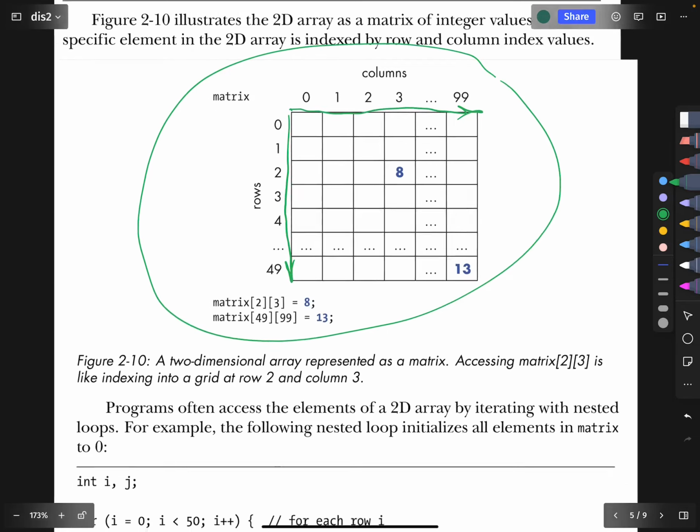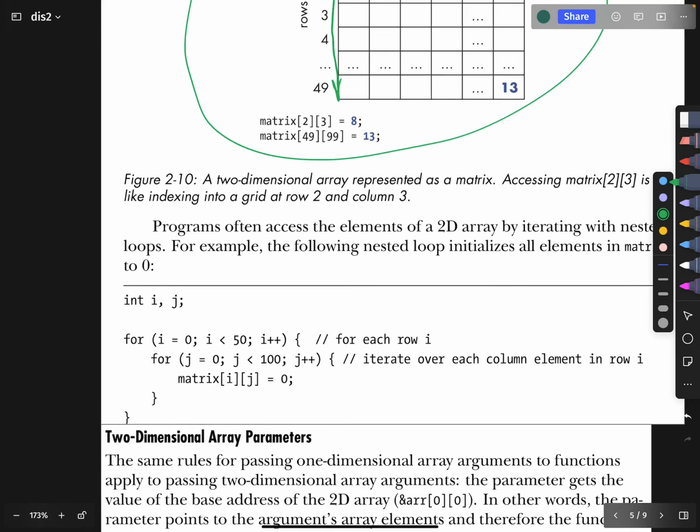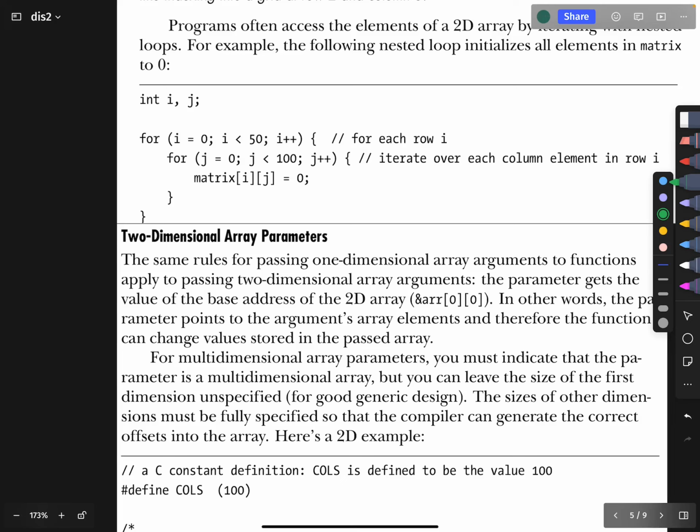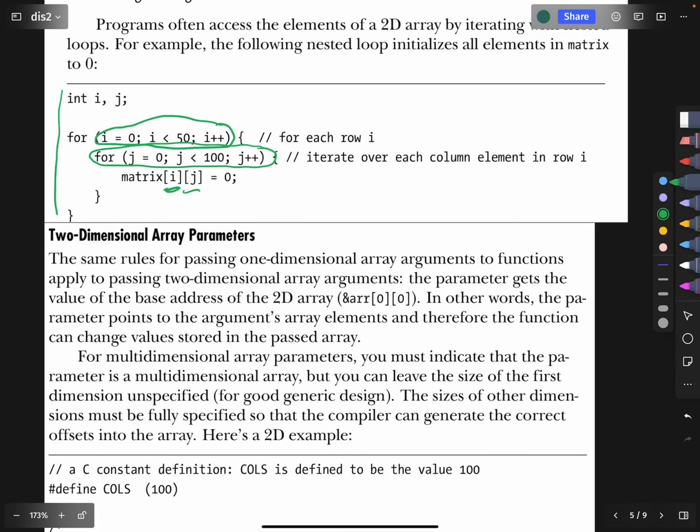But at least you imagine it looking like that. To use these things, a common way to loop over every coordinate of a matrix is to start with a for loop, looping over all of your row coordinates, and then inside of that for loop, another for loop, which runs over the columns, and this makes your progression through the matrix go in a row major way. Because you first fix i equal to 0, and then